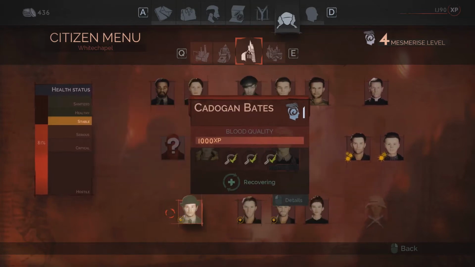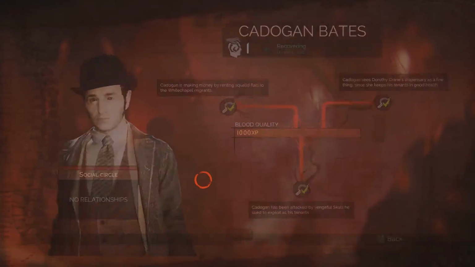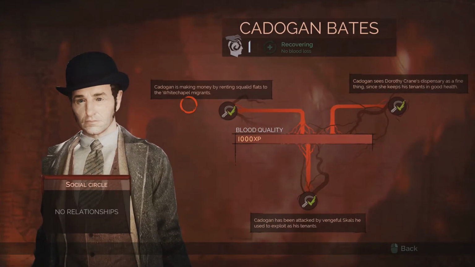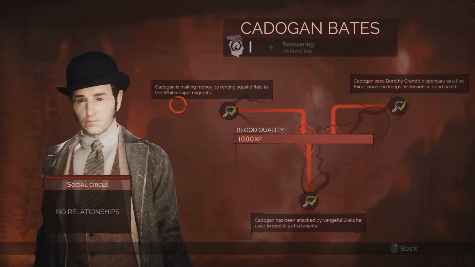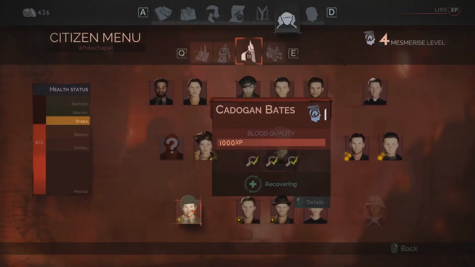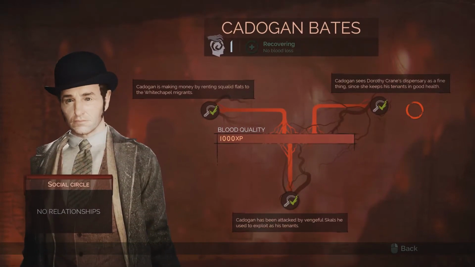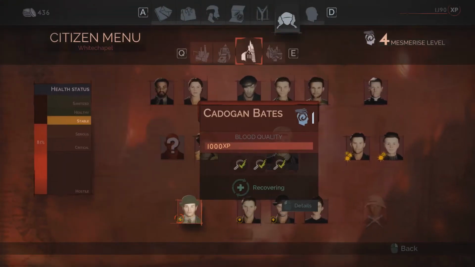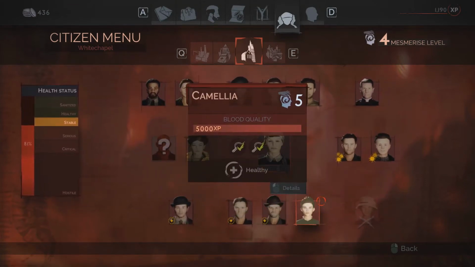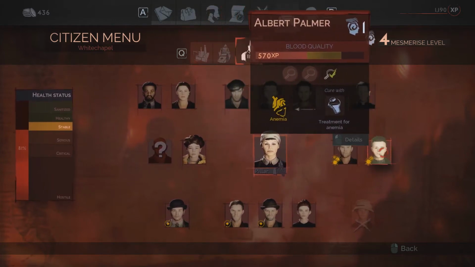he won't be worth much experience, but this bloke, Cadogan Bates, he's a little bit of an asshole, honestly, and is exploiting migrants. And the only reason he cares about the clinic is because it keeps more business coming in the form of migrants he can exploit. So I'm thinking we may eat him. Other than that,